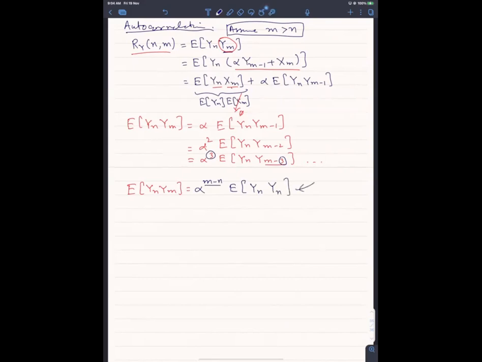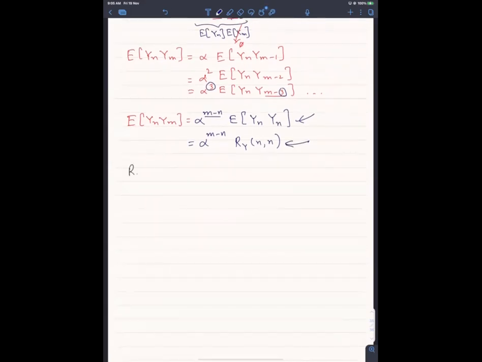Now we cannot apply that trick on this, because earlier m was greater than n, and that trick cannot be applied here now. But this we know is alpha to the power (m-n) times R_y[n, n]. So let's find R_y[n, n], which is the variance here, equal to the expected value of